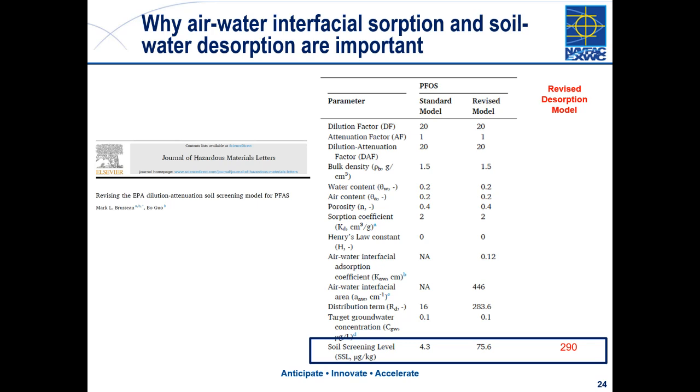missing this process. And so, Charles, under the revised model, what happens? Under the revised model, when you account for PFAS accumulation at the air-water interface and what that means in terms of mass balance, now you have a revised soil cleanup level that's almost 20 times greater than what it was under the standard model. And if you take that a step further, Chuck, and you also account for this desorption behavior and this fraction that doesn't well desorb from the soil, you're almost 2 orders of magnitude higher with a 290 microgram per kilogram cleanup level.